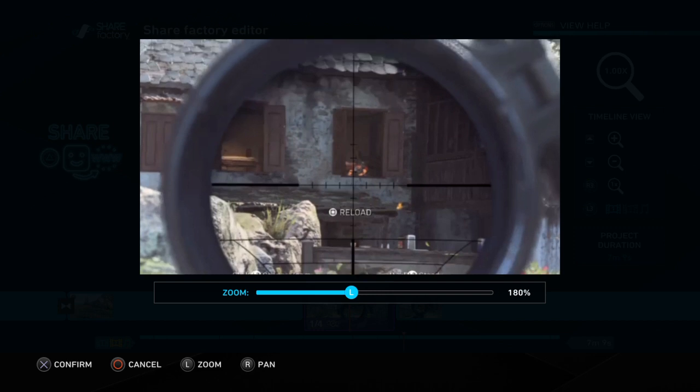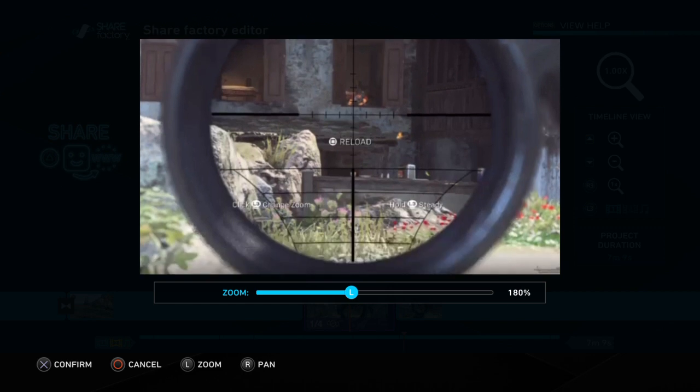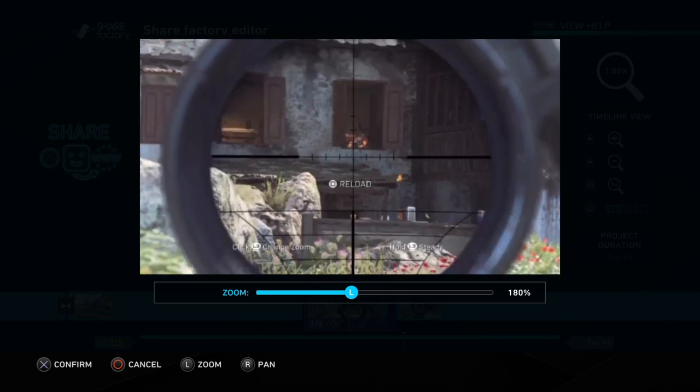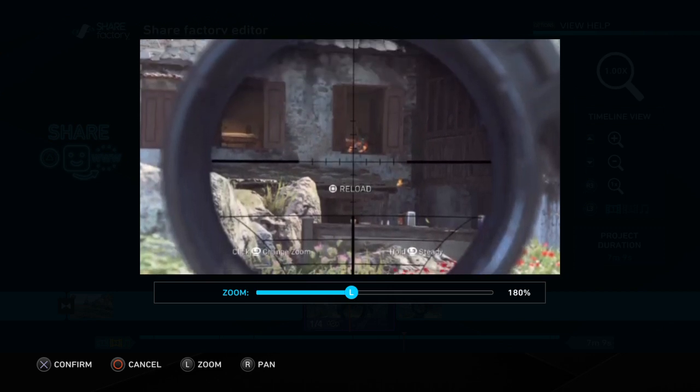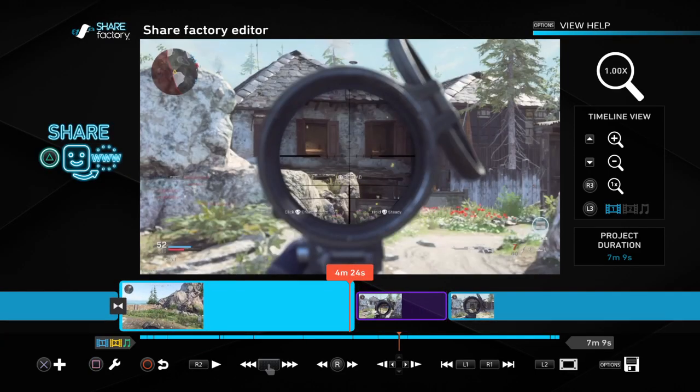On the right stick, we can actually position that. Well, that's roughly in the middle of the screen. So we're going to confirm that. There you go, guys. So now if we play that,